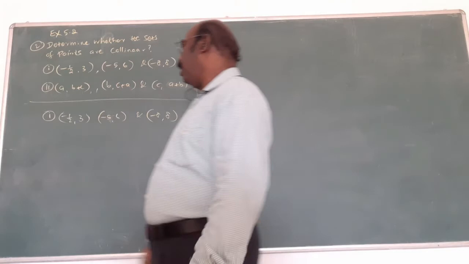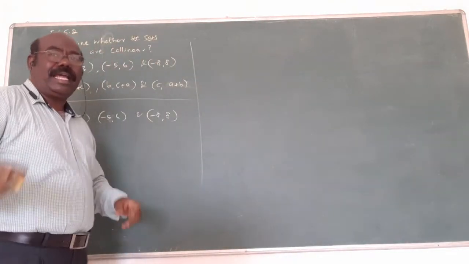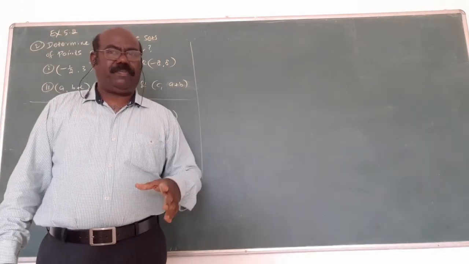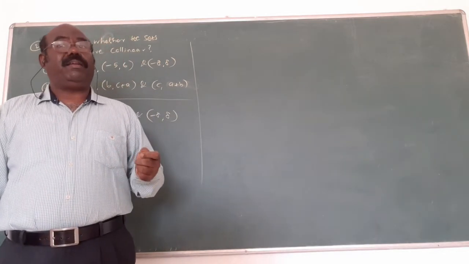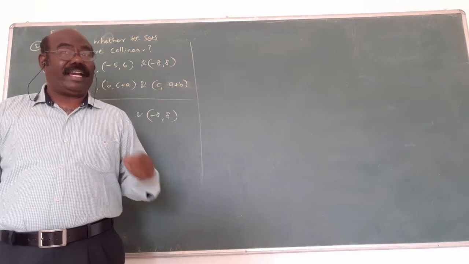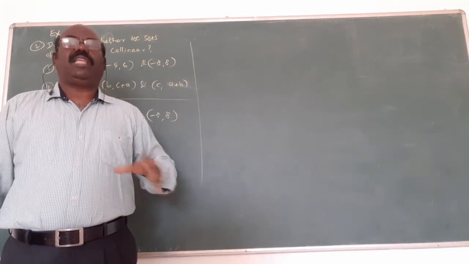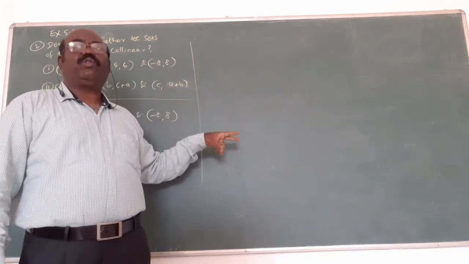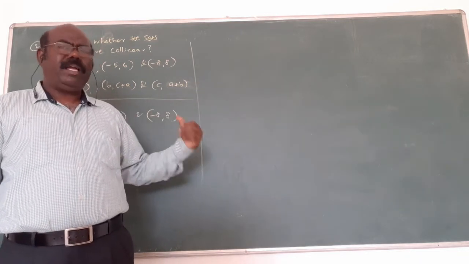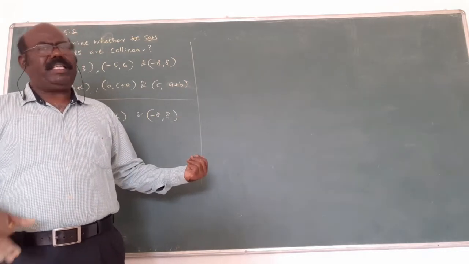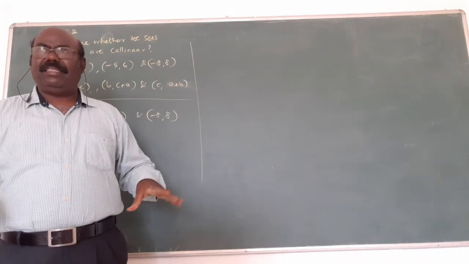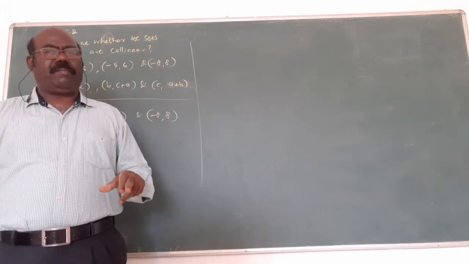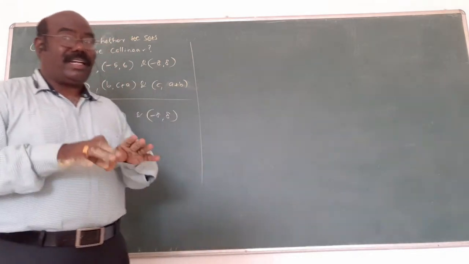That's all. Now, this type of problem need not draw the diagram. If the area is asked, definitely 0 will not come, some number will come. That number we want positive. We don't want negative because area cannot be negative. That's why you draw the diagram, and accordingly choose the first point, second point, third point. But here only 0 will come, or a negative or positive value will come. That is not a matter. If 0 comes, it's collinear. If a negative or positive number comes, not collinear. That's why need not draw the diagram.